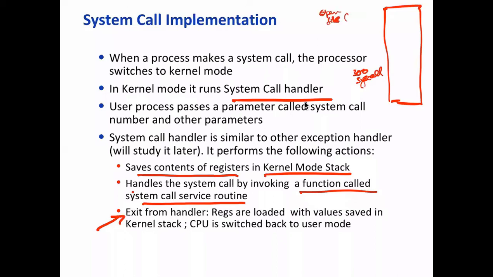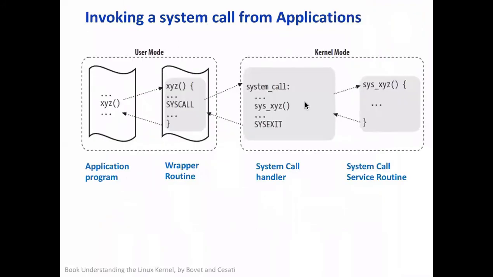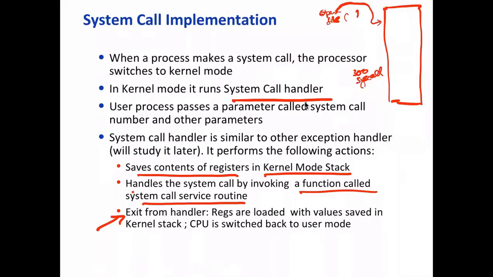Okay, and it will have some parameters. Corresponding to this syscall, each syscall will have a number. Let's say this is the first number, 1. So in this table, we'll look at the entry corresponding to index 1, and this will give the address of the syscall routine that will handle the request for opening a file, or a pointer to that OS routine.